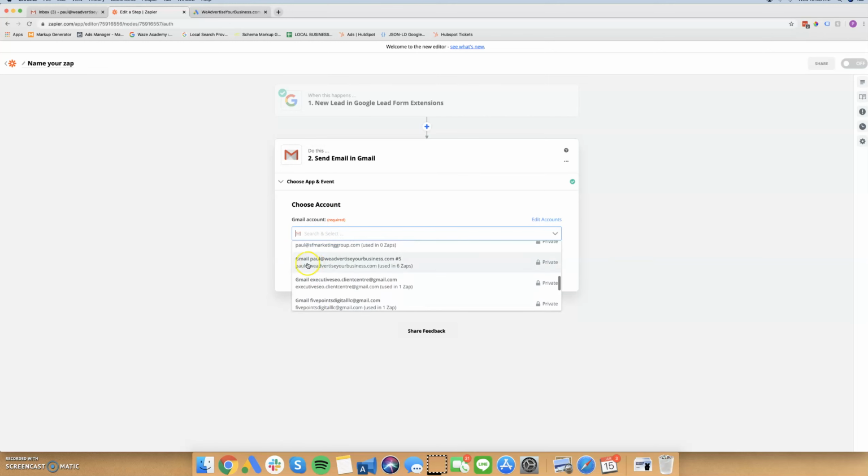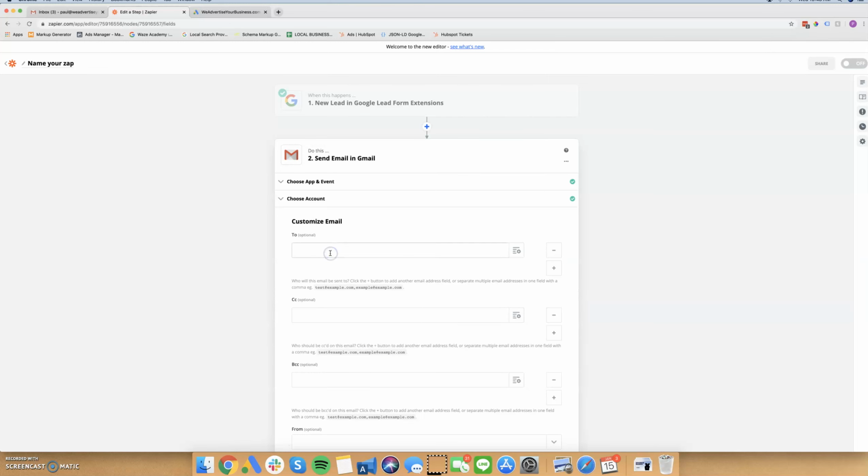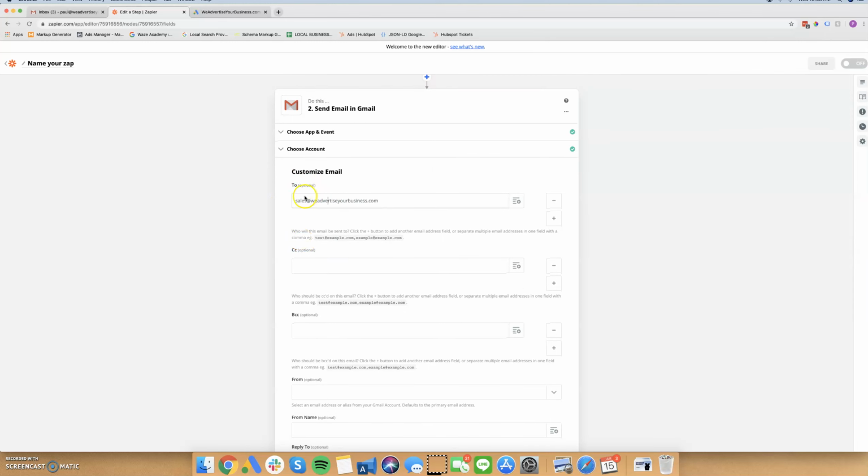We've already done that, so I'm going to use this one and hit continue, at which point you can then put in your client's email address. So this would be like your client's email address. In this case, we actually want it to go to our email address. When clients fill out a form on our site, we want it to go to sales at. You just want to know whoever is in charge of handling leads at your client's business, get their email address